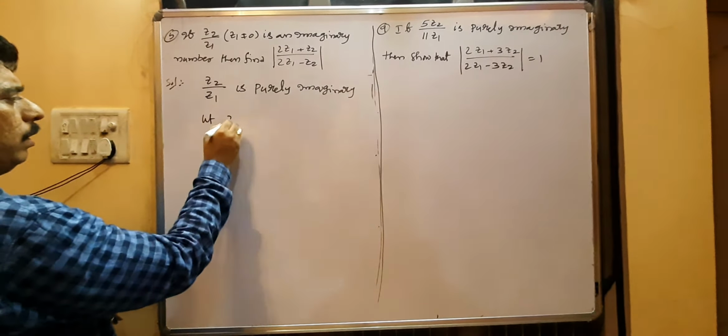Mod of x plus iy is root of x square plus y square. 10 square is 100, 33 whole square is 1089. Denominator also, 10 square is 100 plus (minus 33) whole square, which is 1089. Both get cancelled. The answer we get is 1. Both are the same model. Copy it and practice today's problems, and tomorrow one more class for 4.2. One class is enough for the remaining 4.2. Okay? Next is De Moivre's theorem. Copy it.